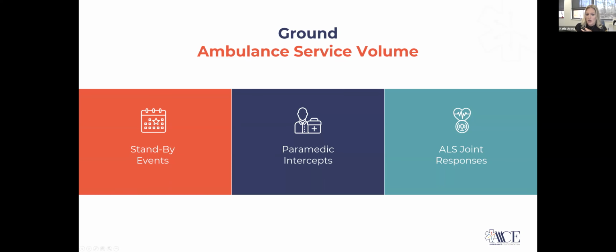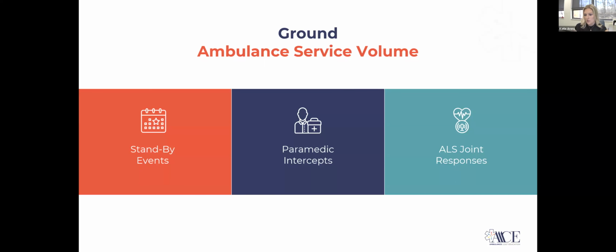Paramedic intercepts are specific to New York, and for this purpose, it's specific to the definition that only impacts New York providers. Most common for all of you is probably going to be what you would call an ALS joint response. So that's where you're providing an ALS intercept for a BLS crew. They are going to ask if you do provide that, and then they want to know, what's the number of those. And you're not going to include here if you billed for the service, right?